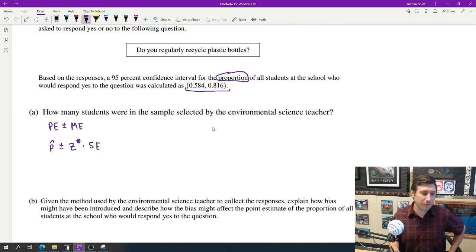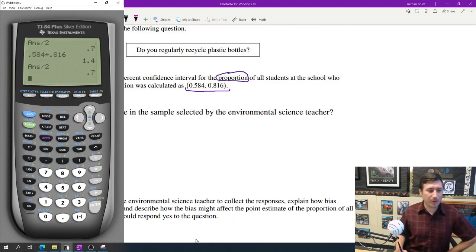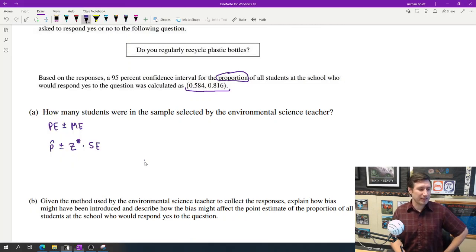All right, let's start putting a few numbers into this. What is the p hat? What is our sample proportion? Well, we got to do a little bit of math to find that. It's halfway between these two numbers, right? What's in the middle of the interval? So 0.584 plus 0.816, and then you divide that by 2. You find the average, essentially. And so our p hat is 0.7